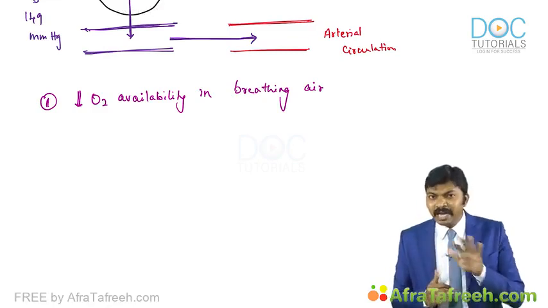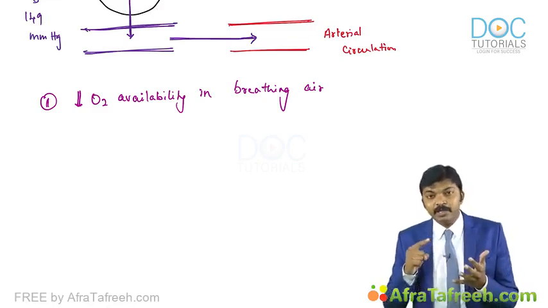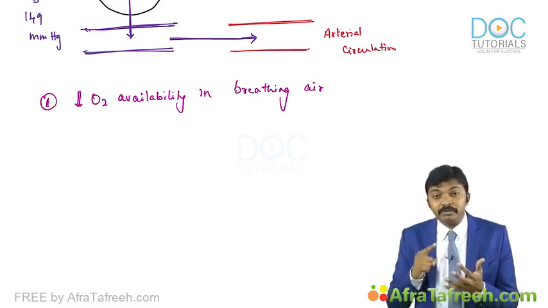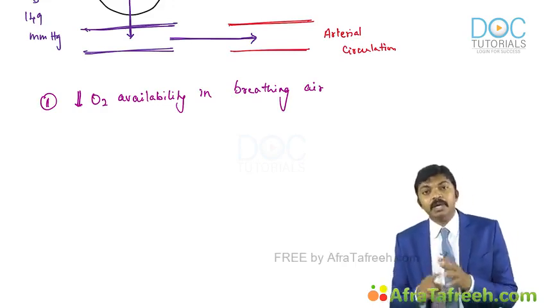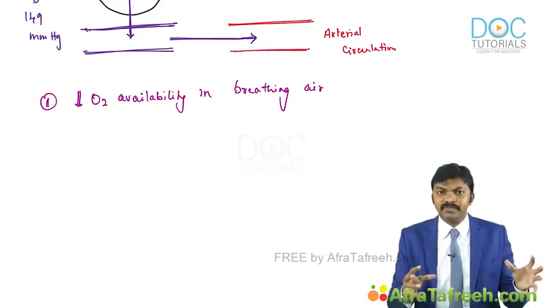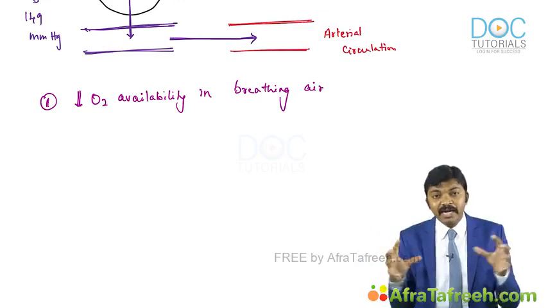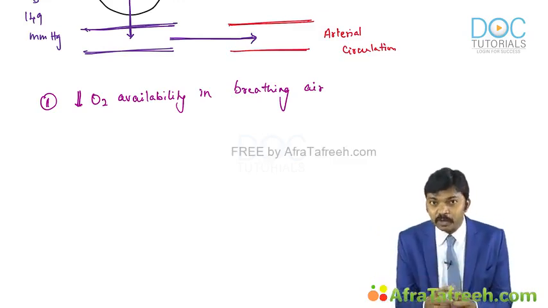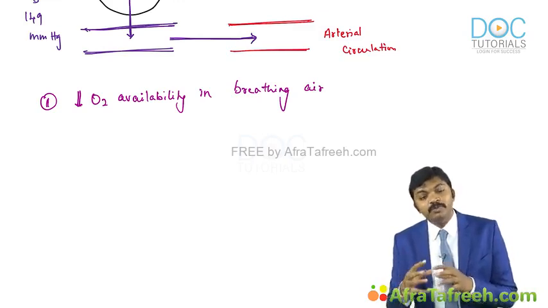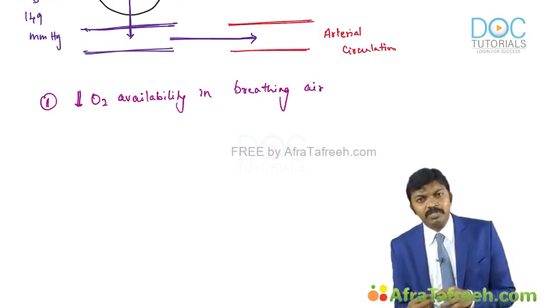So it can be by any means. The subject can be inspiring room air, the subject can be inspiring gases coming from a ventilator, it doesn't matter. When the gas that is coming from any source, atmosphere or ventilator, does not have enough oxygen, the entry of that gas into the alveolus will bring less amount of oxygen,